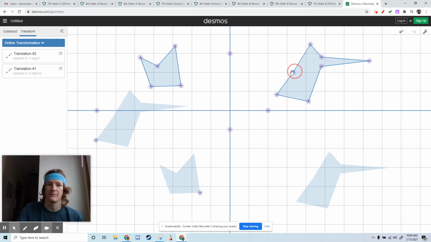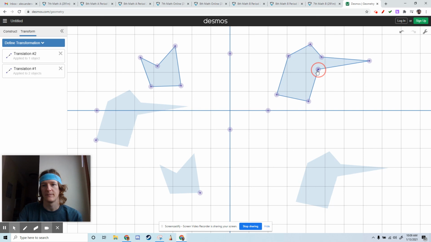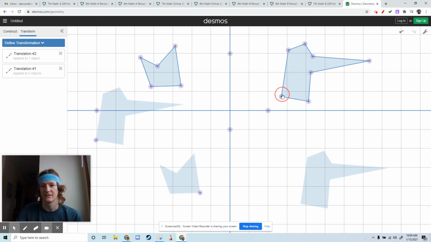I don't think we can add points to our shape, so if you're planning on really changing this from like your penguin guy, or kind of looks like the dude from